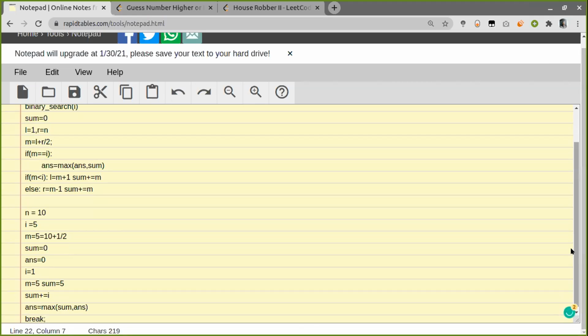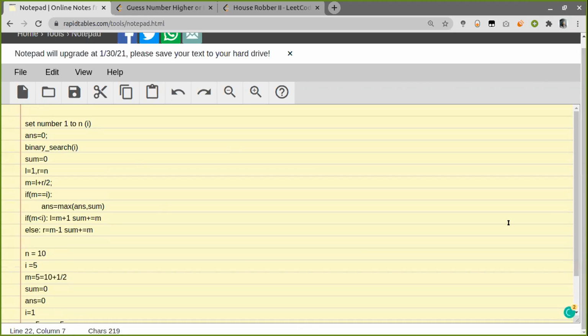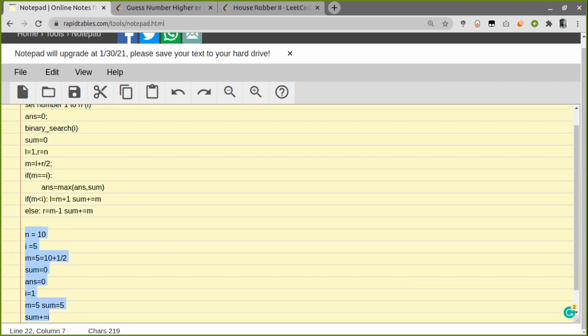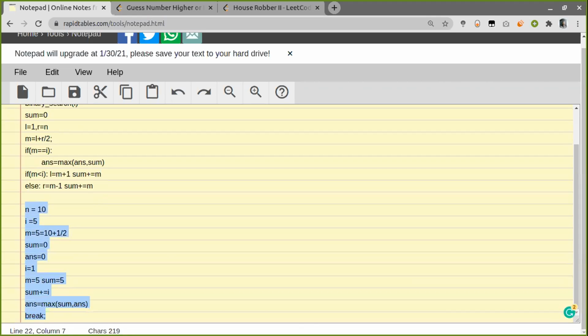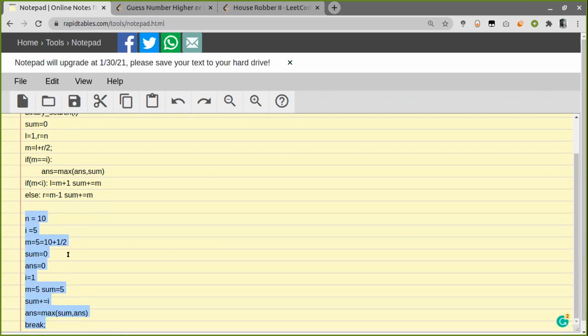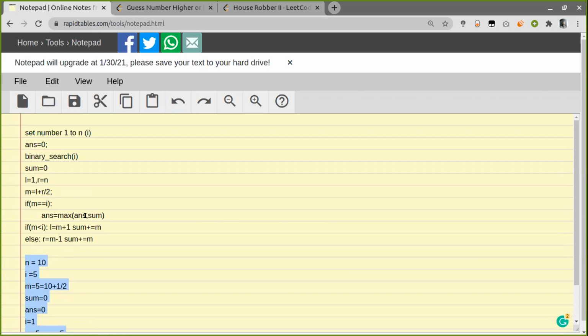This is what I thought. Yeah. So you are doing all this in a binary search. Okay. And at the end, you will always find the optimum sum, right? When you're going through I from 1 to n. Yeah.